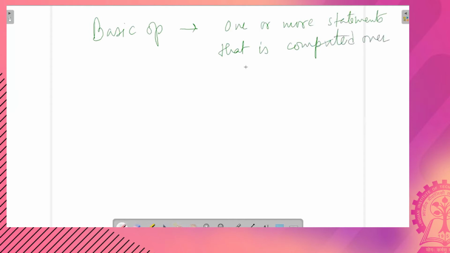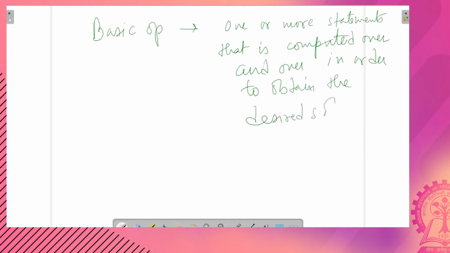Similarly, the basic op, as I already said, is a set of one or more statements that is computed over and over in order to obtain the desired solution of a problem instance.